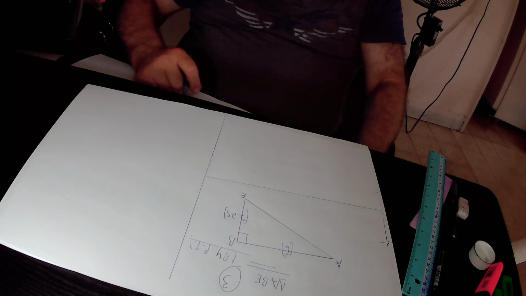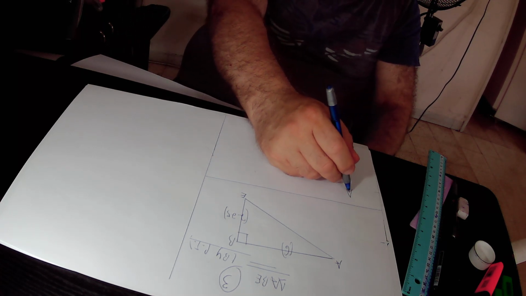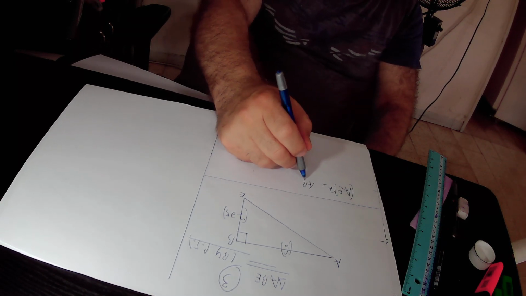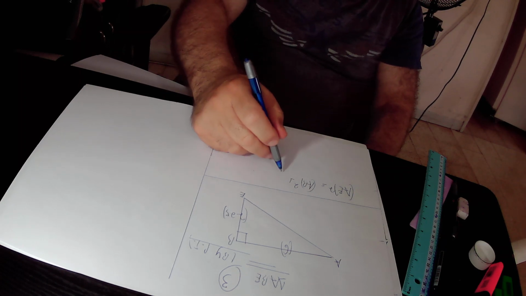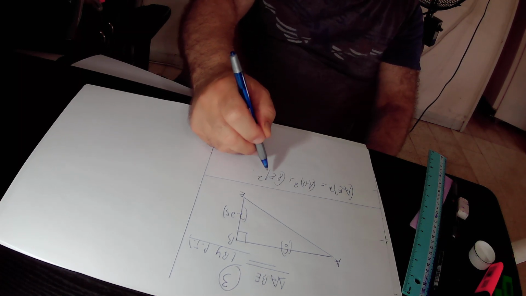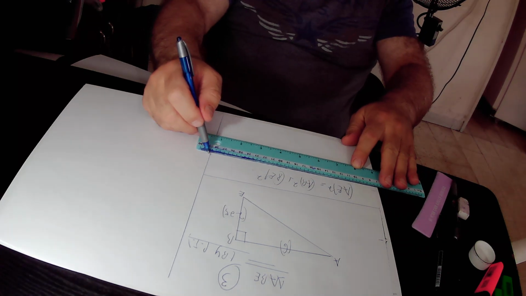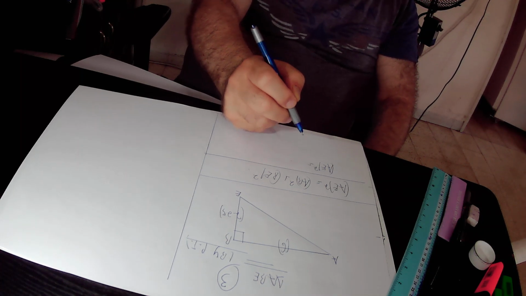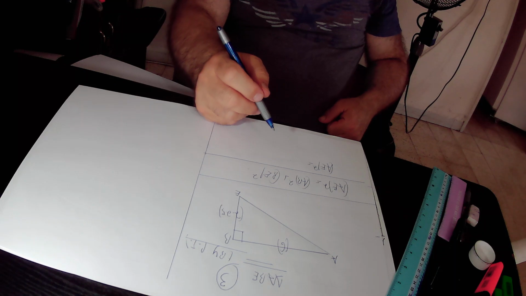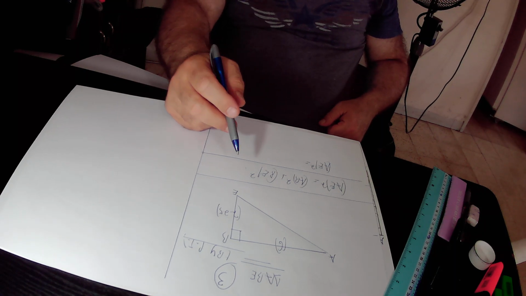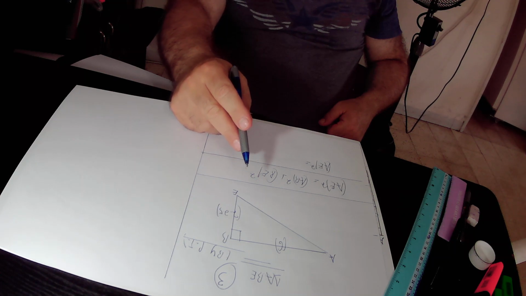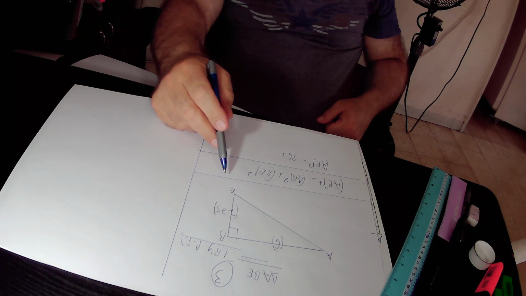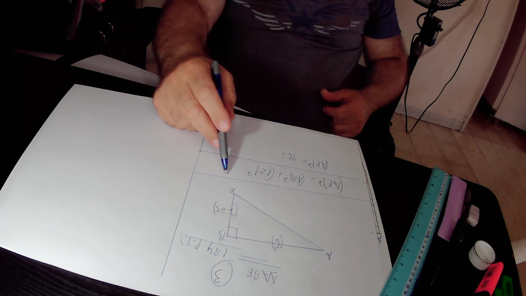According to the Pythagoras theorem, AE squared, that is the square of the hypotenuse, equals AB squared plus BE squared. So AE is the missing hypotenuse, therefore AE squared equals AB squared. AB is 6, therefore AB squared is 6 squared, that is 36, plus BE squared. BE is 2.25, therefore BE squared is